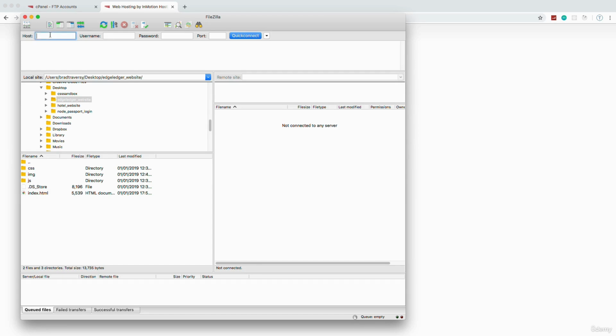So up here in the host, we want to put our domain name. So I'm going to use edgeledger.net. And then the username is going to be whatever your FTP account is. Mine is Brad at edgeledger.net. And then the password that we used,